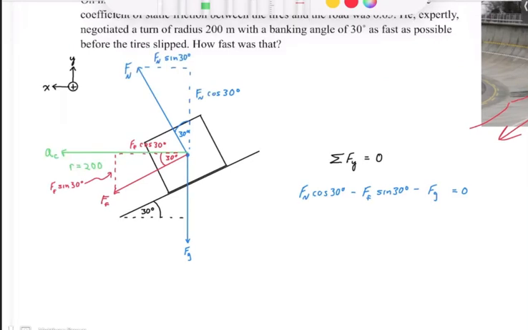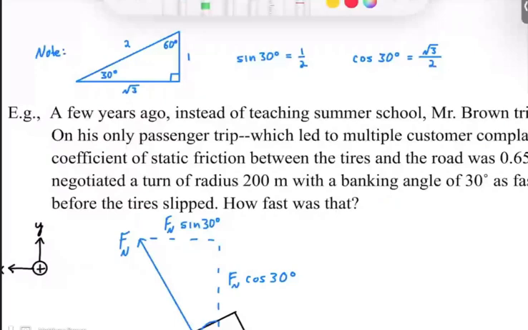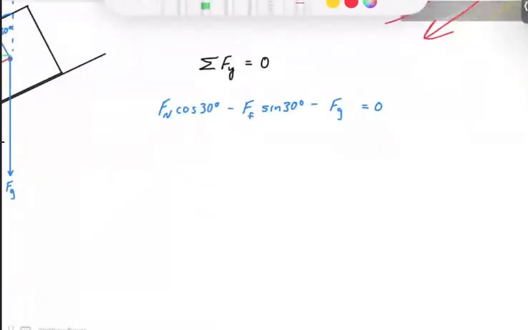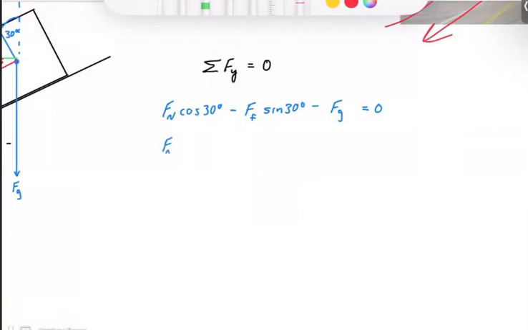One thing, and I put the little notes up here just ahead of time because I use these numbers often, right? Sine 30 or 60. Just as if you remember the 1, 2, root 3 triangle, remember the sine of 30 is 1/2. The cosine of 30 is root 3 over 2, just from the sides of this triangle. And especially if you get a complex problem like this where the numbers don't cancel, it could be easier. So this here then is just Fn times root 3 over 2